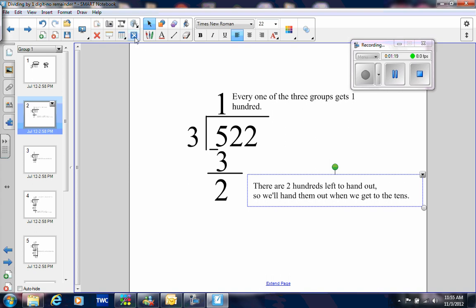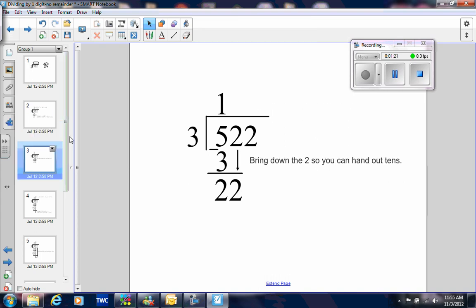Alright. So in order to hand out the tens, we're going to bring down that 2. So we have 2 tens. Now we have 22 tens to hand out. These 20 tens here, and then these 2 tens here that we had from the beginning, for a total of 22 tens. Again, I start thinking about